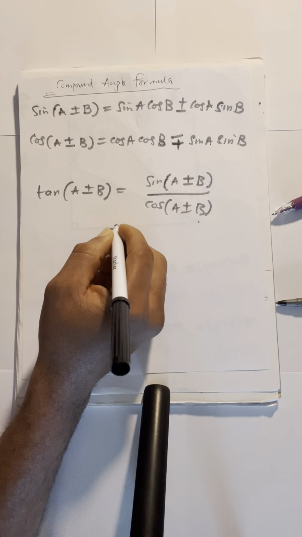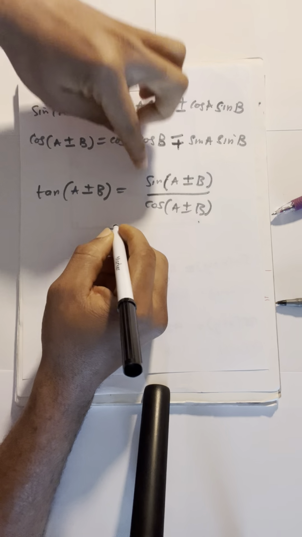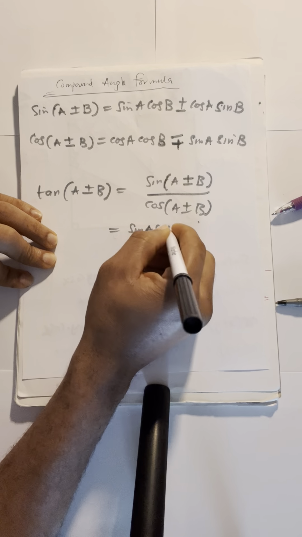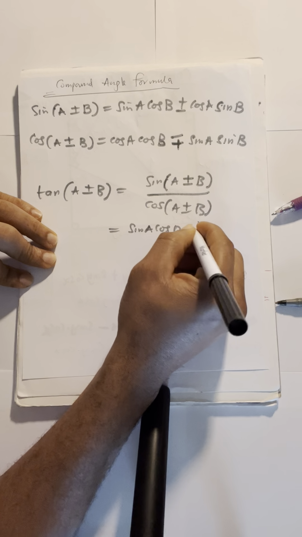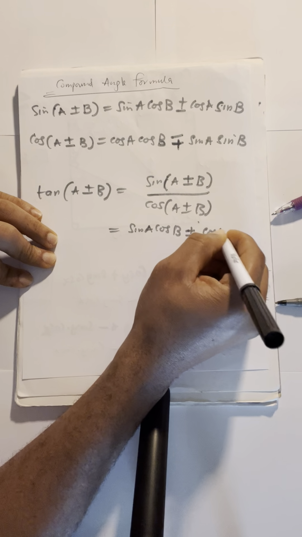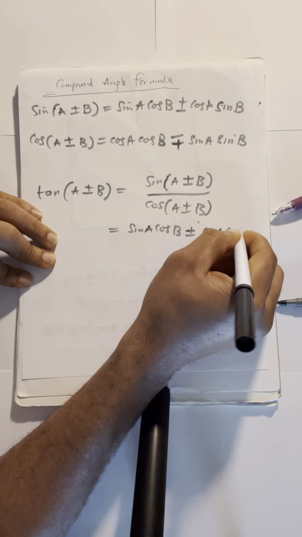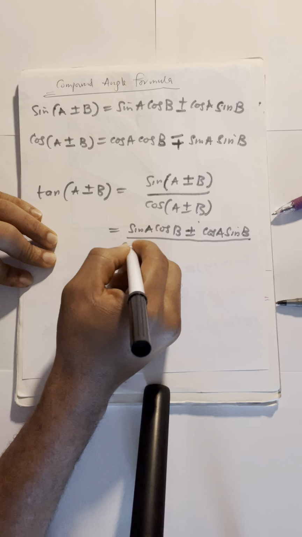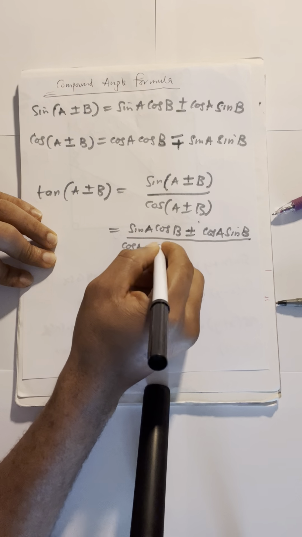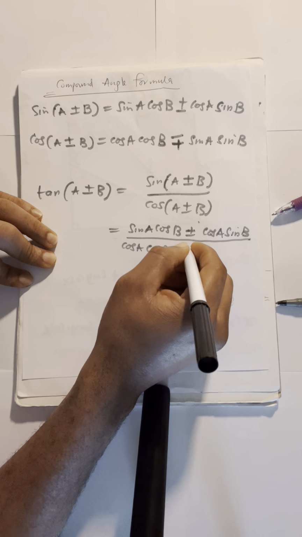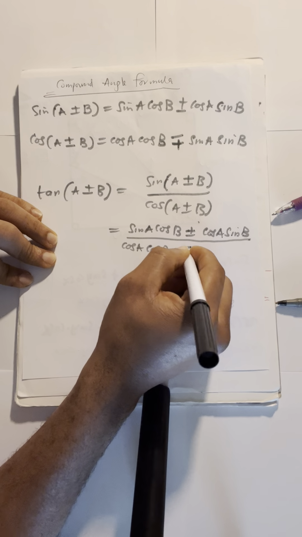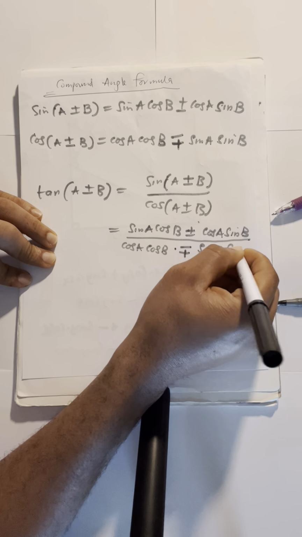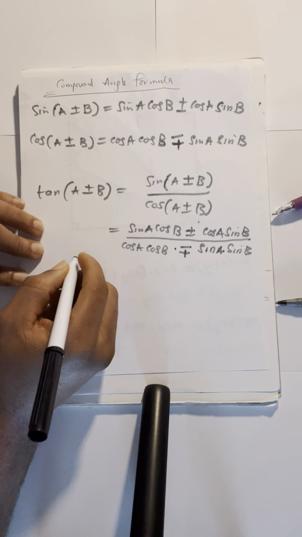Now I will also write, since this is equal to this, sine A cos B plus or minus cos A sine B over cos A cos B minus plus sine A sine B. Okay,